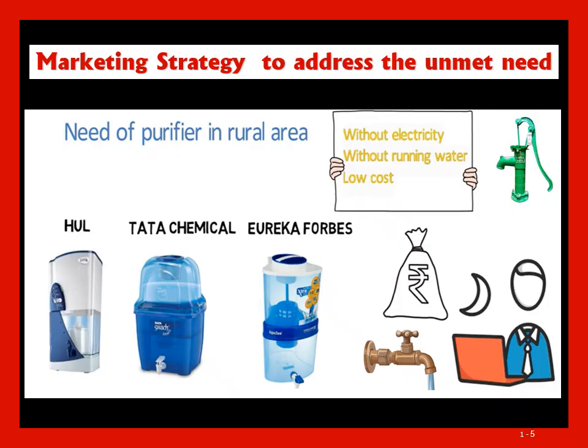We need to understand the market and the need of the customer, what the customer actually requires. Depending upon different criteria, customer needs, location, and affordability, and other factors also, the marketer needs to understand how and where to market any product by studying the need. The need of a person in a rural area may be different from the need of a person in a semi-urban or urban area.